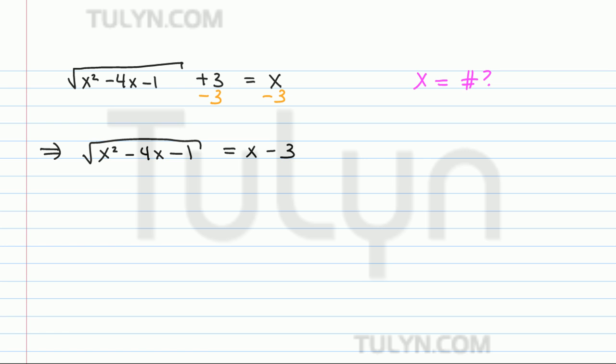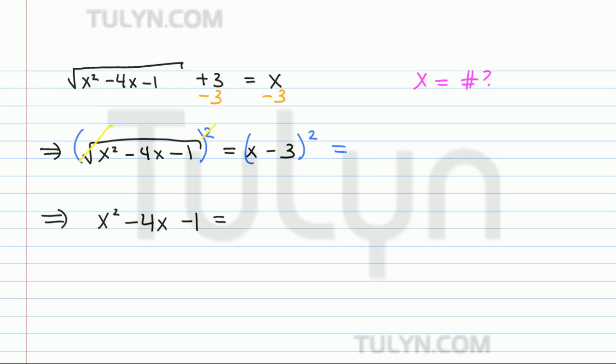So now we want to apply the squaring property. So we want to square both sides of the equation. Now on the left side, the square is going to cancel out with the square root, so we're just going to be left with the radicand. So we get x squared minus 4x minus 1 on one side, whereas on the right side, we're actually going to end up getting